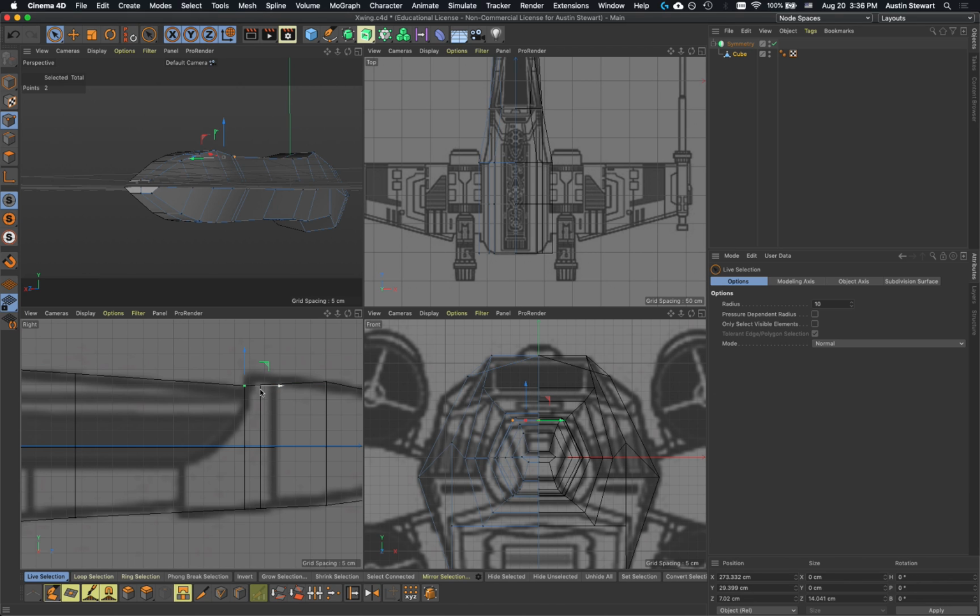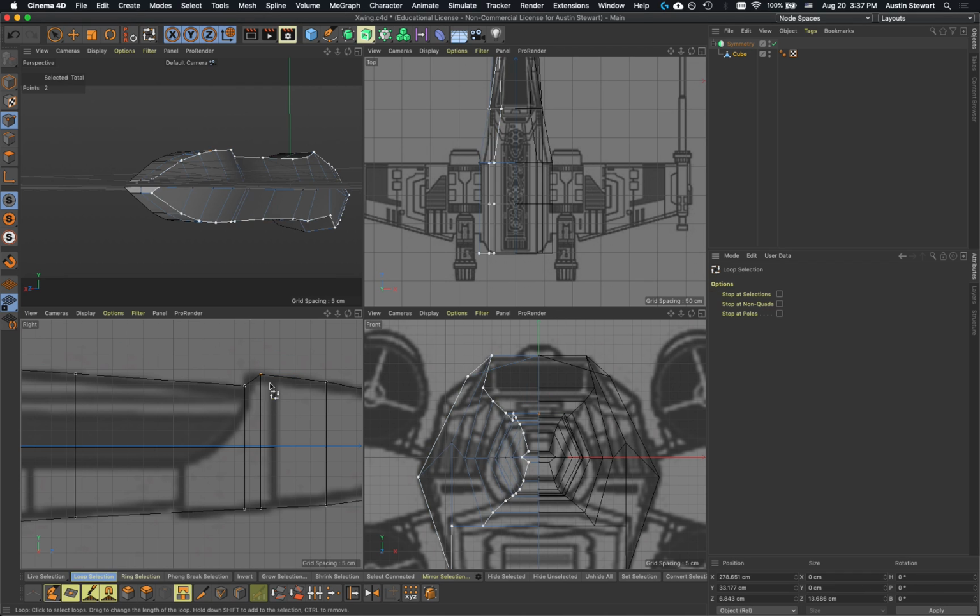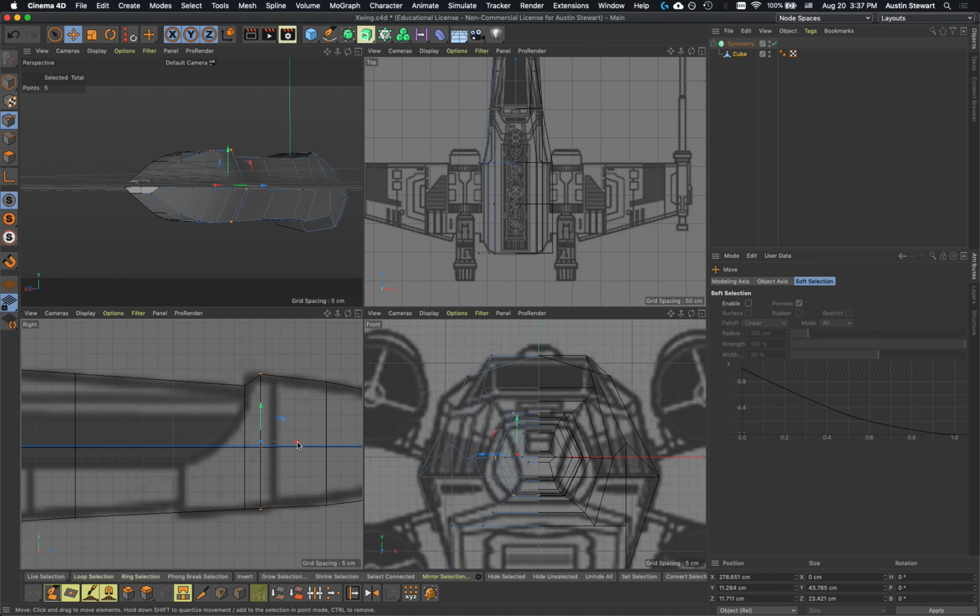I'm going to hit space. I can't really select this point very easily, so I'm going to deselect everything by clicking off in space. Click here, pull this point up, and then I'm going to go to the loop selection mode. So I'm going to click on loop selection. I'm going to hover over this line and select it, which will select all the points around that edge. I'm going to hit the letter E to move it, and I'm just going to pull this over until it's